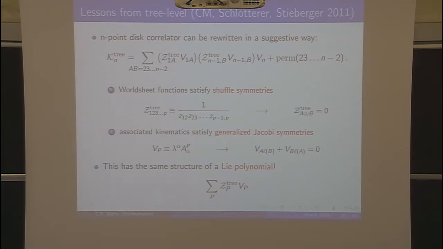So it's basically what people call a Parke-Taylor factor. If you multiply by an additional z p1 to close the cycle, then that's a Parke-Taylor factor. But here there is no closing of the cycle, and that means that it doesn't satisfy cyclic symmetry, but it satisfies shuffle symmetry. And then these V's that you see there are simply the pure spinor multiplying the superfield with a word P, and as we saw before, the word P satisfies generalized Jacobi symmetries that can be written in this form here using the Dynkin bracket. So you see that these blocks there have the same structure as a Lie polynomial,